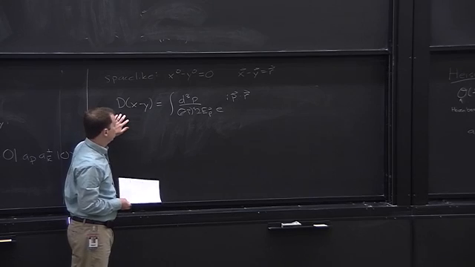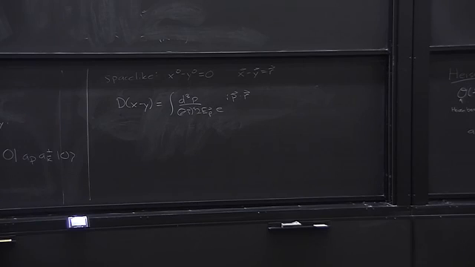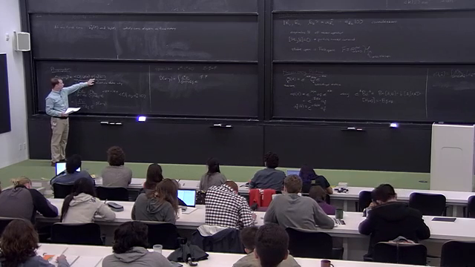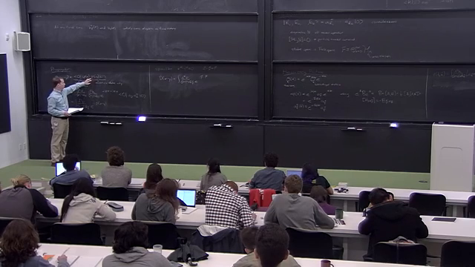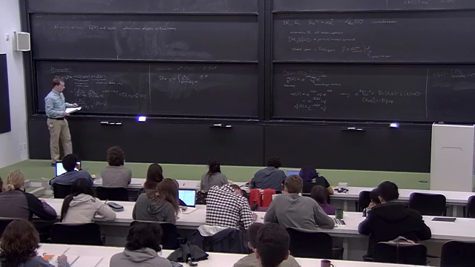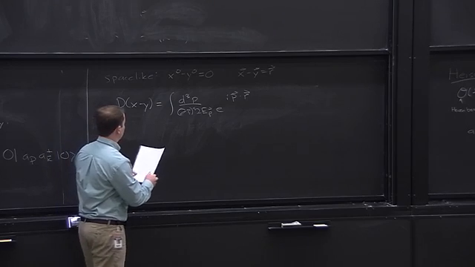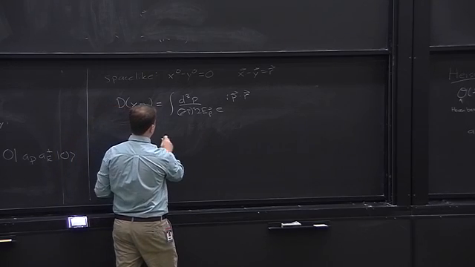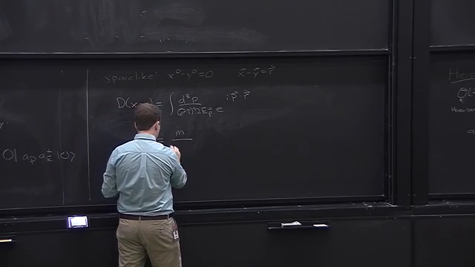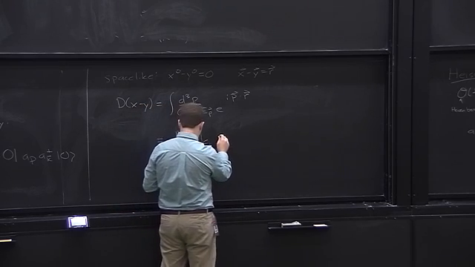Certainly doesn't look like it's going to be 0, which is a little bit strange. So if this is not 0, then we're saying that there's a non-zero amplitude for a particle to propagate outside of its light cone. And it turns out this is not 0. This can be evaluated exactly in terms of special functions, and what you get is a modified Bessel function of the second type,